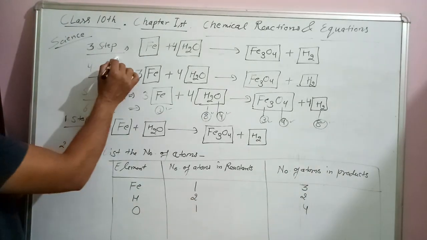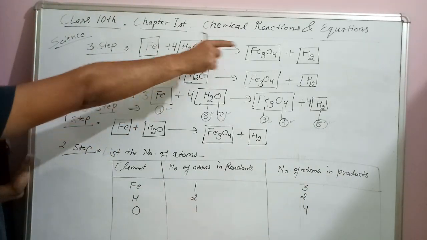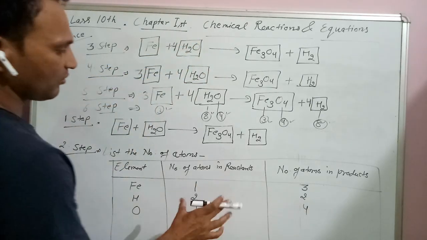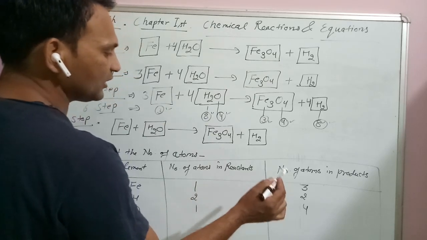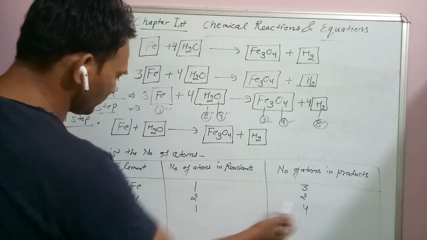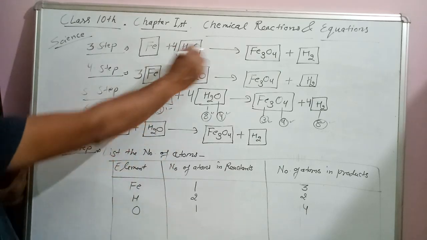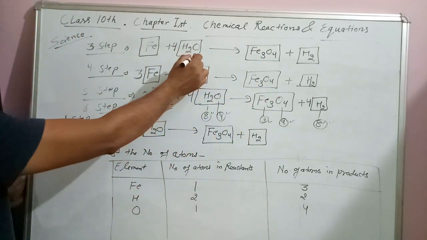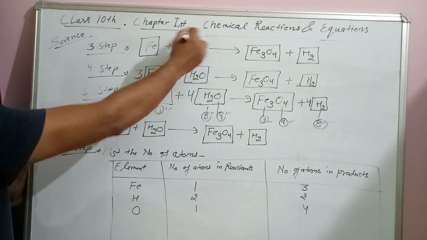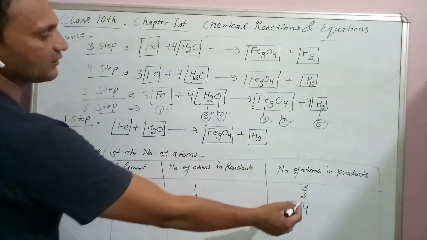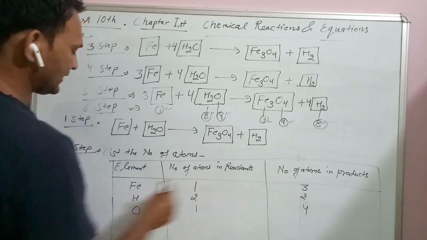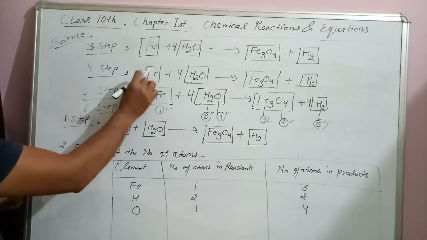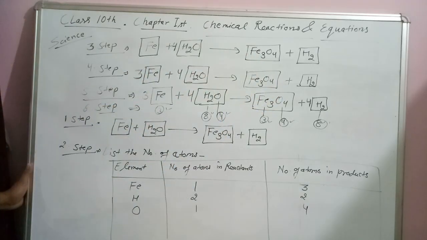In the third step, the same reaction is written, taking the element having the largest number of atoms. So here there is the 4 for the oxygen. The oxygen is taken, and there are 4 oxygens on the product side. So by writing the 4 here, we balance the oxygen. Then we take another atom, that is the Fe, having 3 atoms. So by writing 3 here, we balance the Fe.